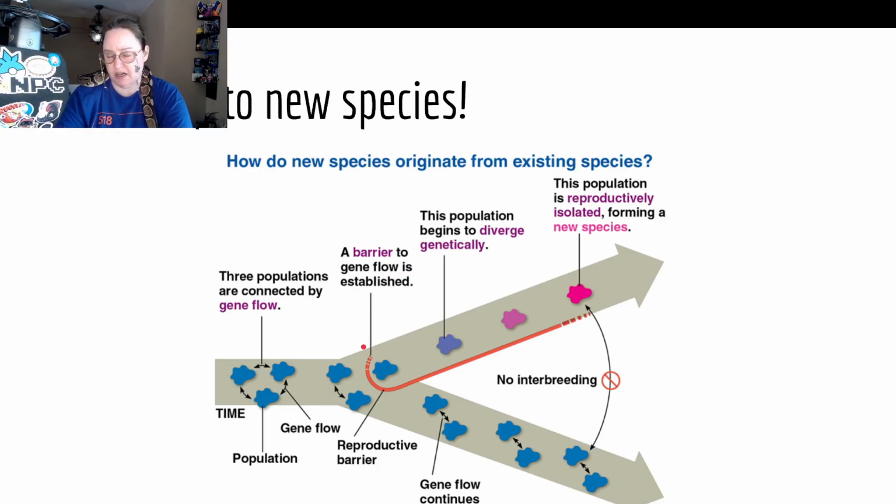That's a physical barrier. But there's also genetic barriers, and we're going to talk about that because it's actually kind of interesting. When I say barrier, a lot of people think of physical ones, like some kind of geologic thing going on, or immigration to an area that you can't get back from. Stuff like that. But actually it can be more nuanced than that, and we'll get into that in a minute. So eventually, over time, the gene flow continues between these two groups, but this group changes. Now, this is not exactly, like I said, a swift thing.